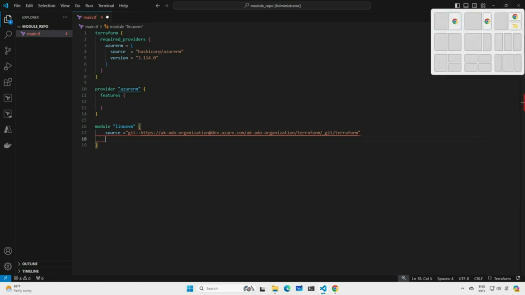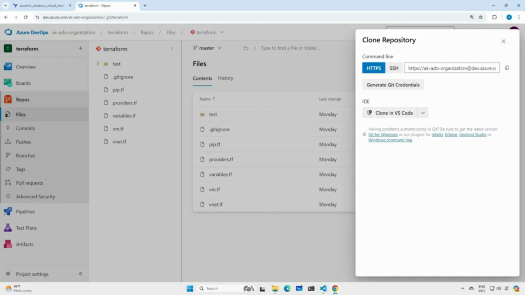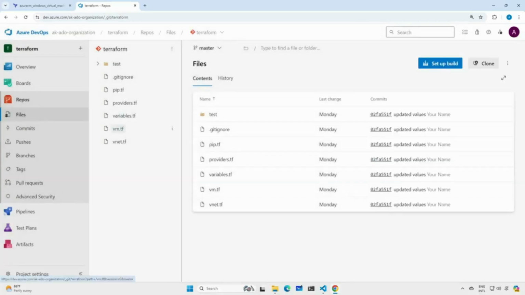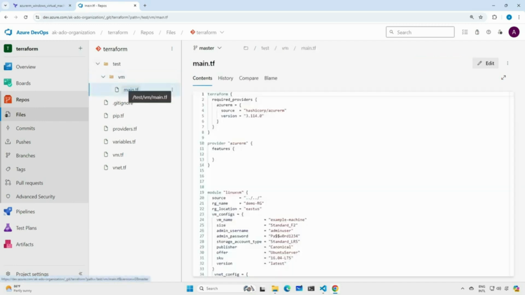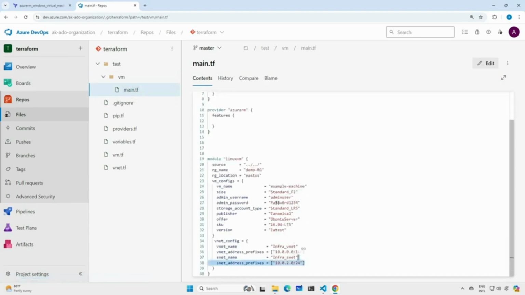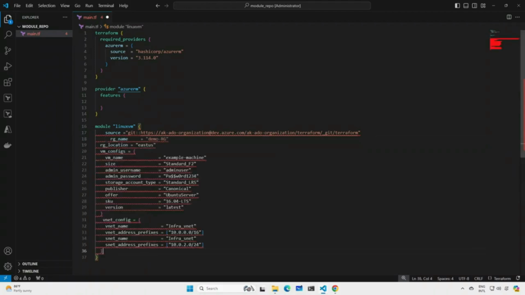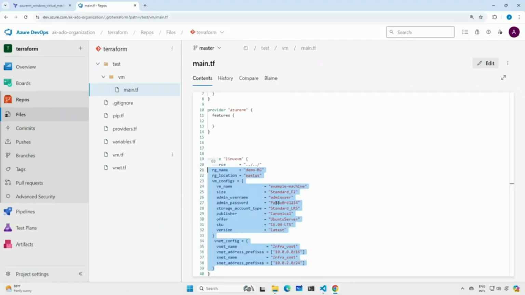To pass the values in a real-time scenario, we are going to have a README file which has the proper documentation: what are the values required to run this module? But for now, I'm going to take a reference from main.tf. I will copy paste all these values inside my local machine. If you see here, I have mentioned RG name, RG location, VM configuration, and the VNET configuration, and all the variables have been created